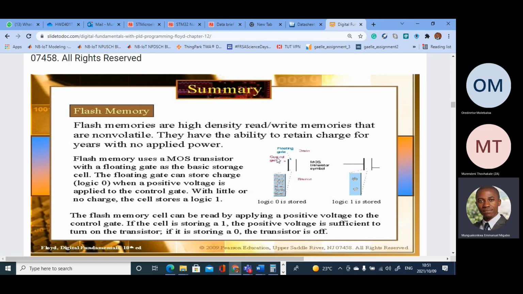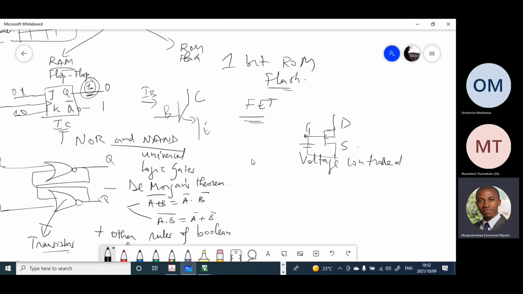When I say control gate, I mean the gate. If you apply a high voltage there on the control gate, with little or no charge, the cell stores a logic 1. Why is it going to store a logic 1? You apply a logic 1 on the gate, which means you apply 5 volt. Let's say 5 volt, which is logic 1 in TTL, or 3.3 in CMOS technologies. So now that means